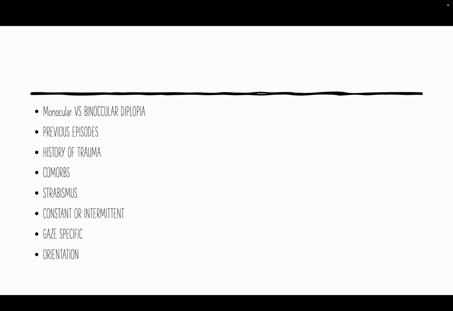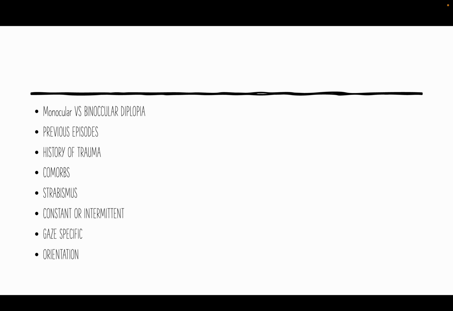And also any torsional movement, like when you're reading a book or looking down the stairs, when you look down, torsion may be required, so the superior obliques need to be involved. So they can be the cause of torsional diplopia. We'll discuss torsional diplopia and vertical diplopia again in the later part, when we have the case discussion. So that is also important. These are all important when you're discussing the case,